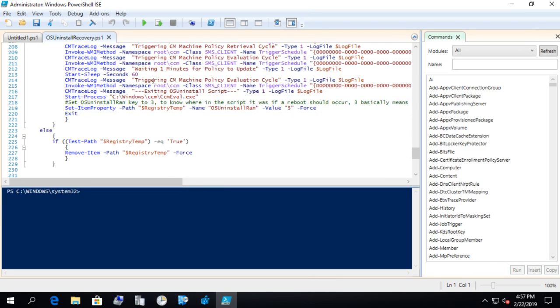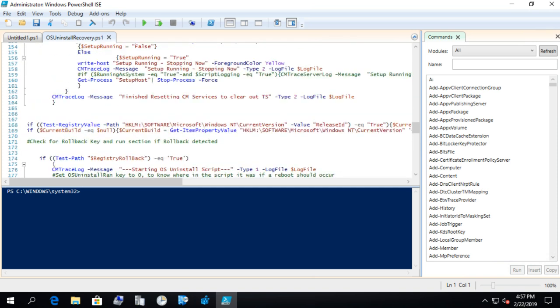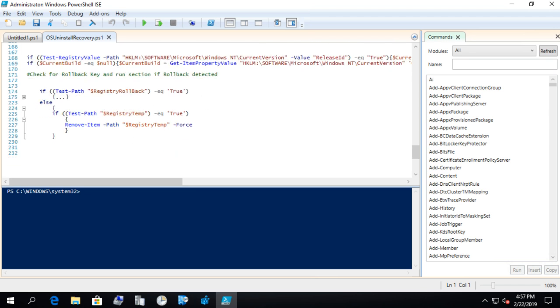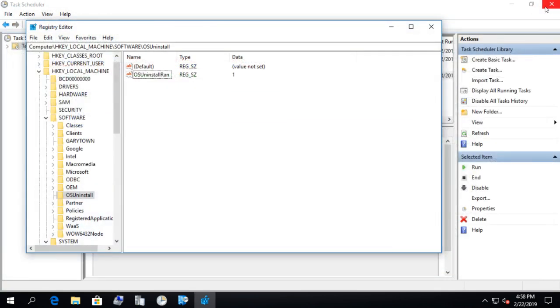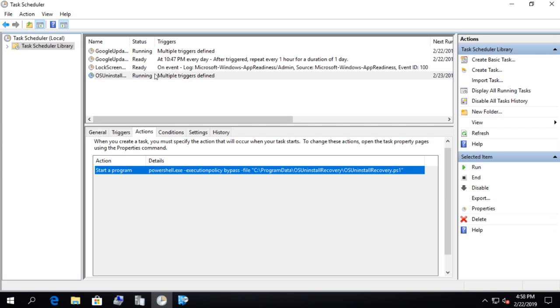Now once you upgrade again, if this scheduled task were to run again, it would find that the rollback key is no longer there. So if it's true, it does stuff, but if it's not true, it would go through and delete those temporary keys. So once you upgrade to 1809 and the scheduled task triggers, it will clean itself up for the next time you run. All right, I hope that this was a beneficial demo, and if you have any questions, feel free to let me know. So let's see, this is still running,